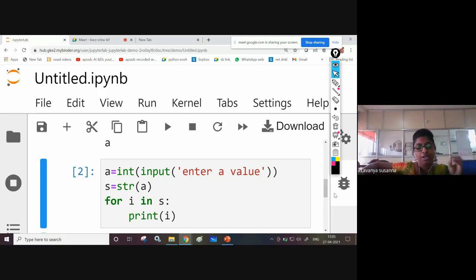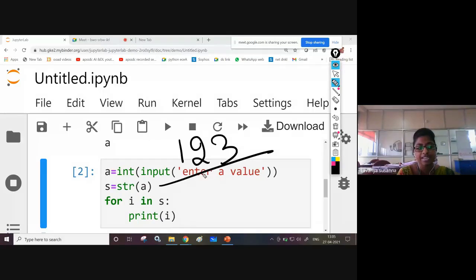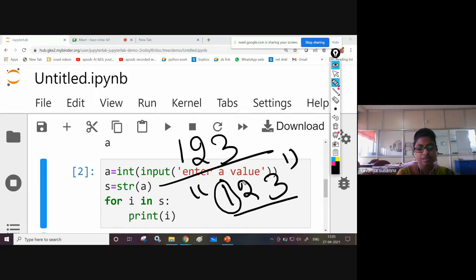What I'm doing, you know that in a string you can access individual characters. See, 1 2 3 is an integer I have given. With this statement, s equal to str of a, you are converting 1 2 3 into a string. Now that it is a string, you can access individual characters: you can access 1, 2, and 3.